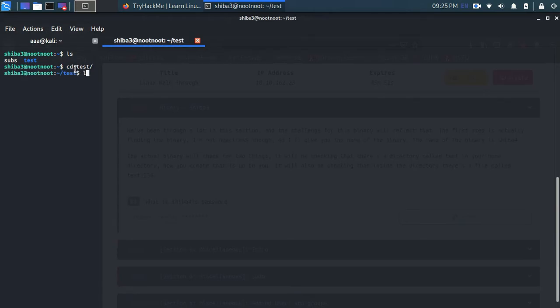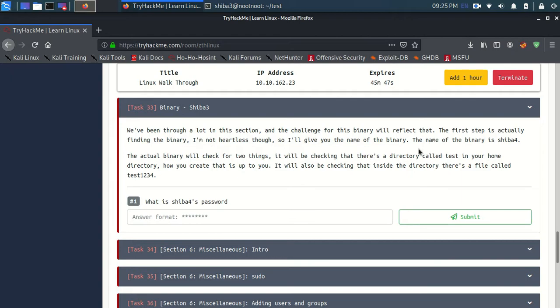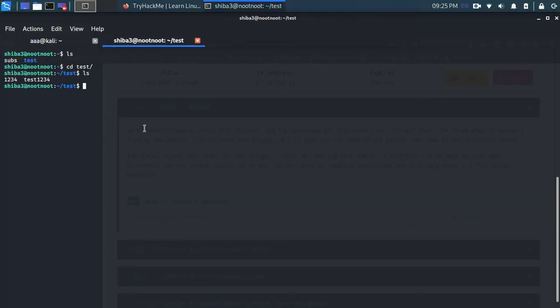We have test1234 as well. So I guess this is already done, and it will also be checking. Okay, that's done. The only thing is, now I need to find that Shiba3. So how do I do that?